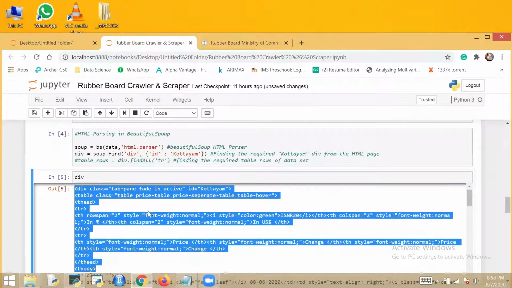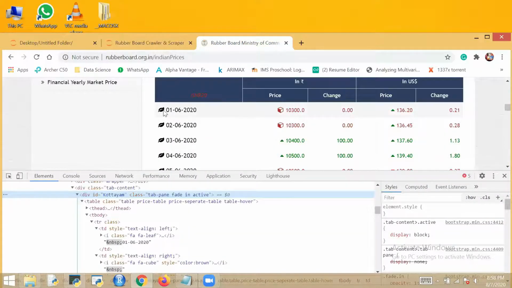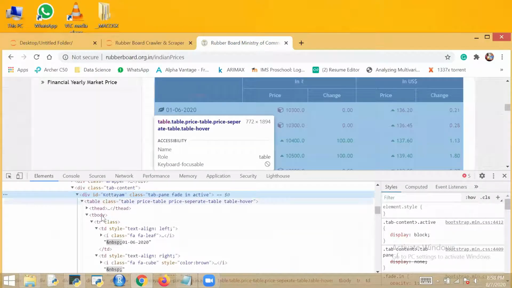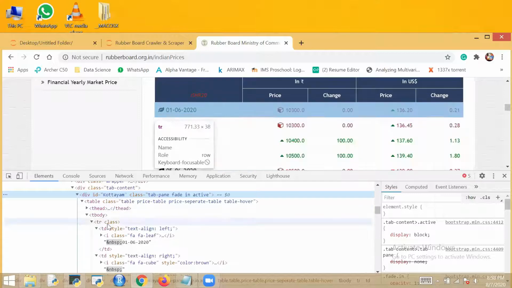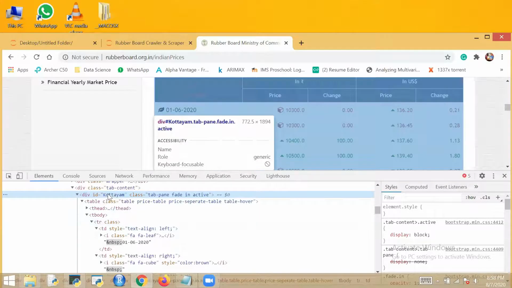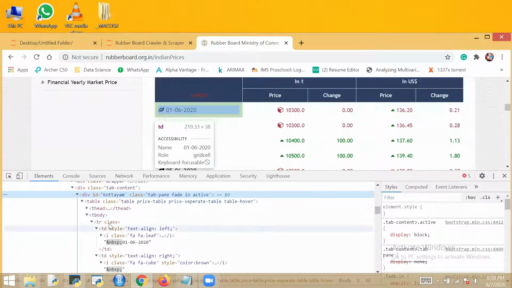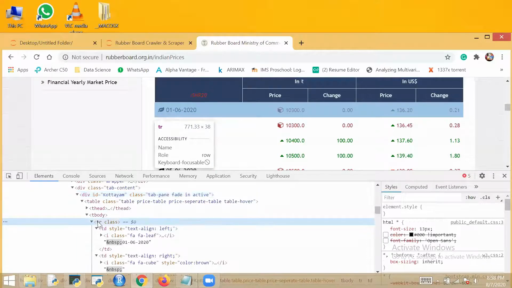Now to find the table rows of this. Under that div, if I give find all table rows, I will have only this data remaining and the above will be gone. Right? So I will come here and under this div I will find all table rows.